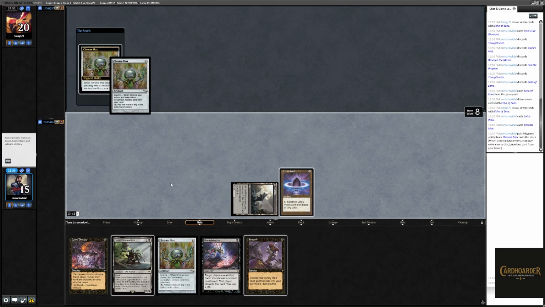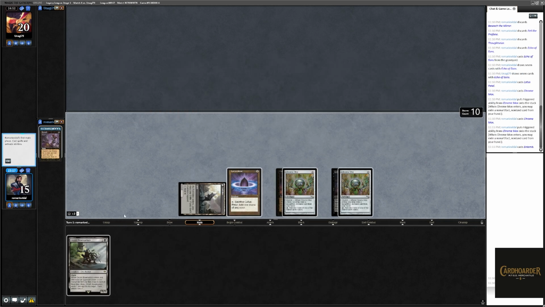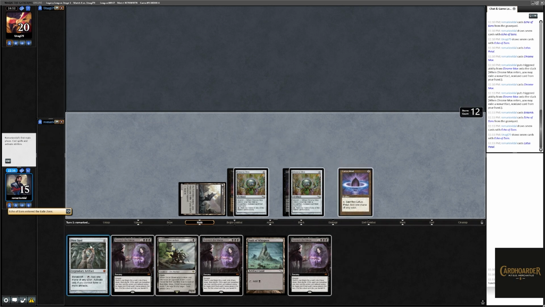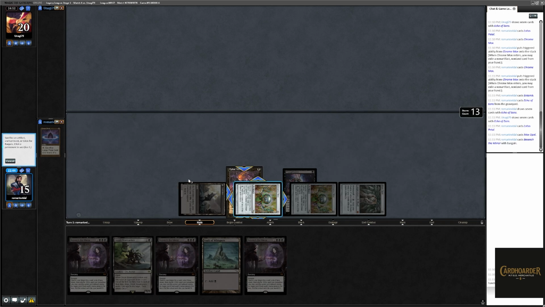All right, so I'm gonna Chrome Mox twice here, so I can Entomb, and I could Bowmasters and Echo. That's gonna be my 3rd Echo. The problem is that Echo doesn't beat them, so I think I'm just not okay. That was the correct choice, I guess. Alright, so chat, but if I start talking here, I'm gonna...